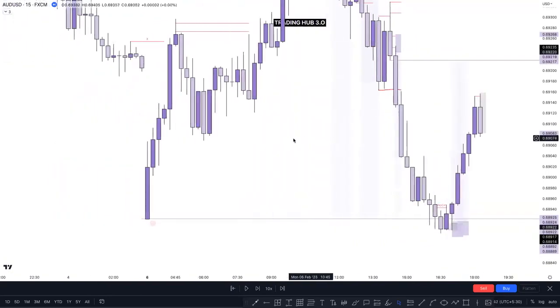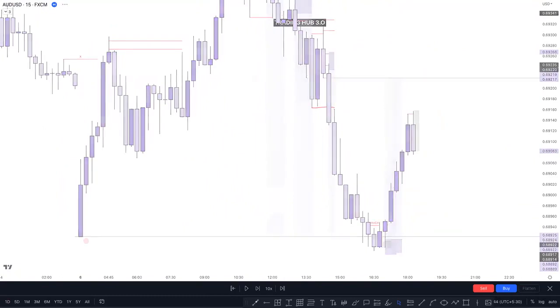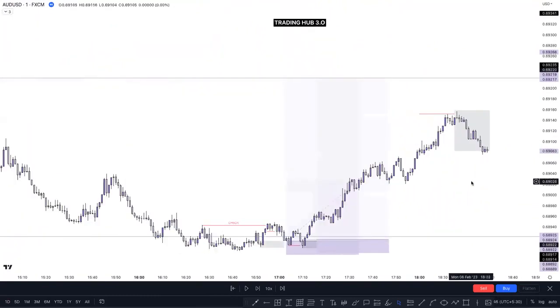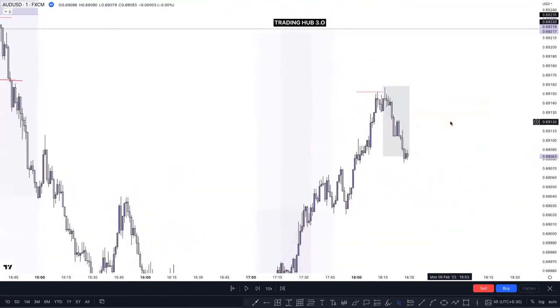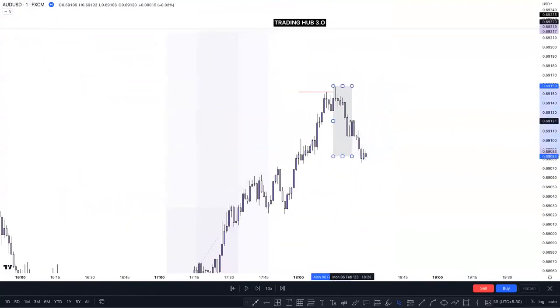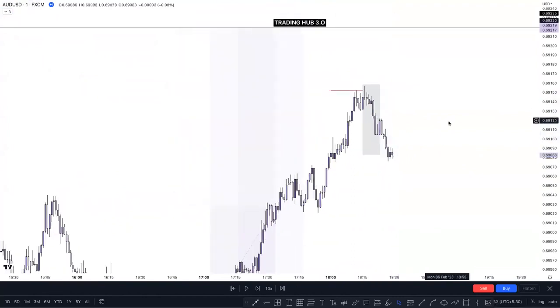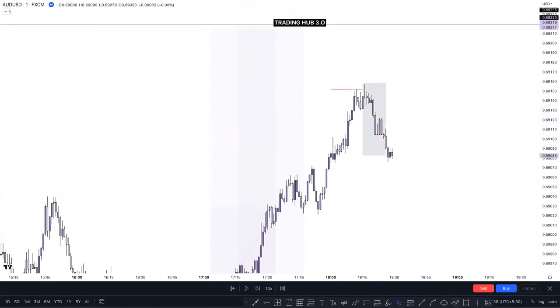First of all, switch here to a 1 minute time frame. This is our 1 minute time frame. Now you can see how many possible order blocks there are here in the 1 minute time frame. Look at this picture here. First one